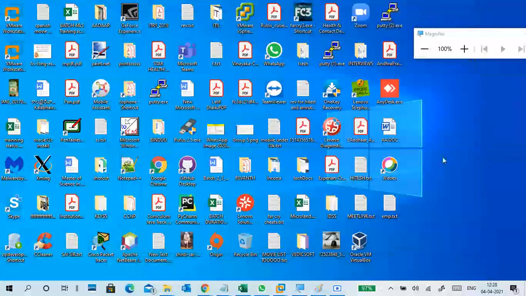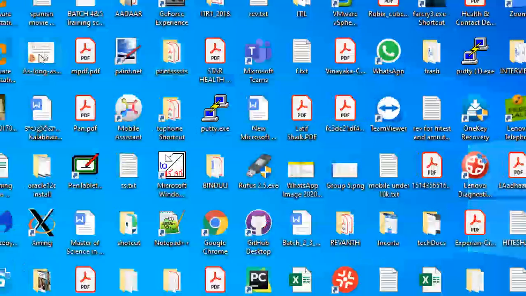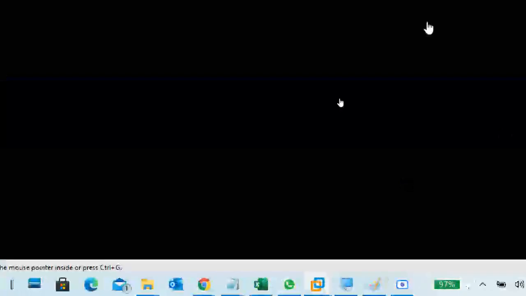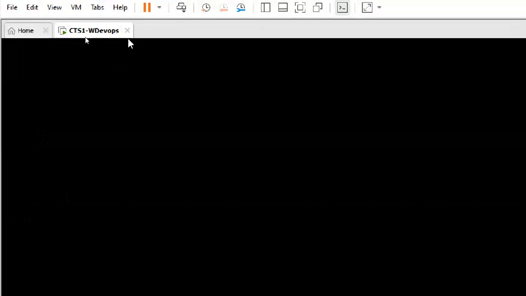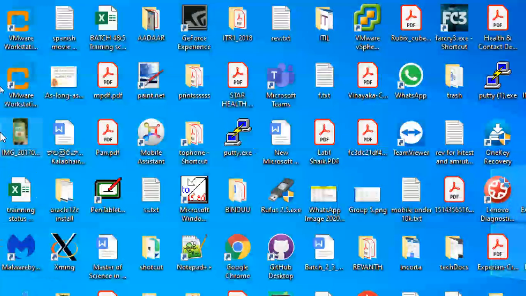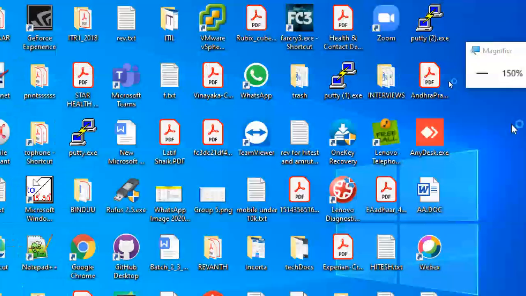This is not required, I close this one. I'm going to my VMware Workstation. I'm closing my Windows PC. Now I've closed it. I'll open VMware Workstation from the start.